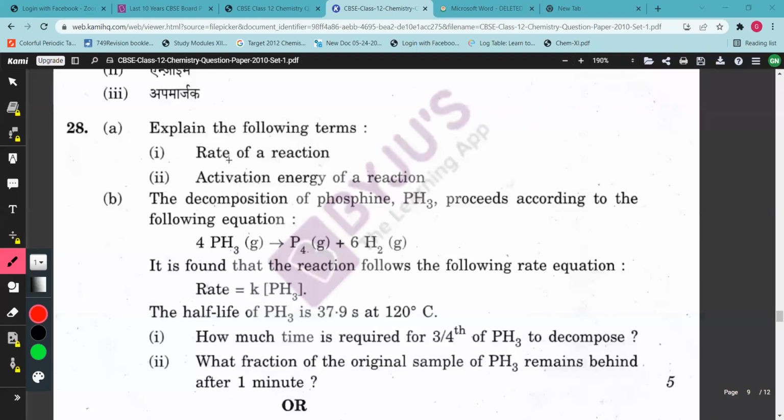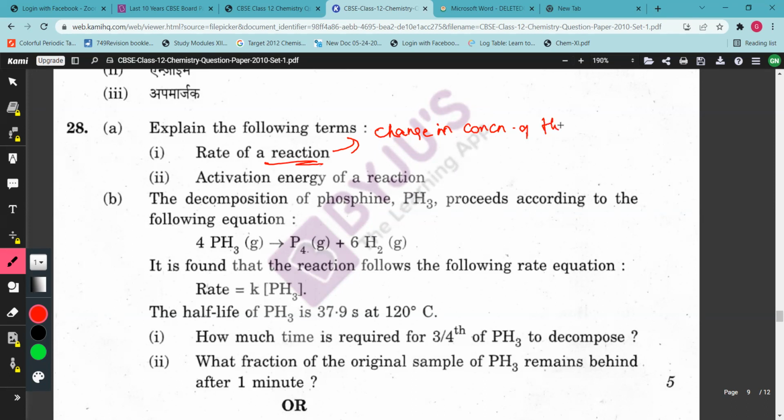Explain the following terms. Rate of reaction. What is rate? Definition for rate of reaction? Change in concentration of reactant with respect to time, ma'am. Yes. It is defined as the change in concentration